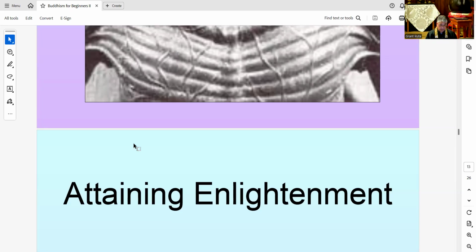From that point on, it is said that Siddhartha goes under what was known as a pipala tree, but we now call it the Bodhi tree. And he meditates for 49 days under this Bodhi tree. And he has a great battle with the king of the underworld, a person by the name of Mara. And Mara does not want the Buddha to attain enlightenment because Mara wants everybody to stay in a realm of